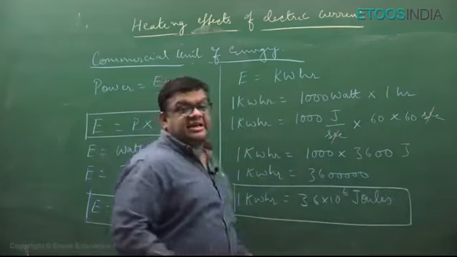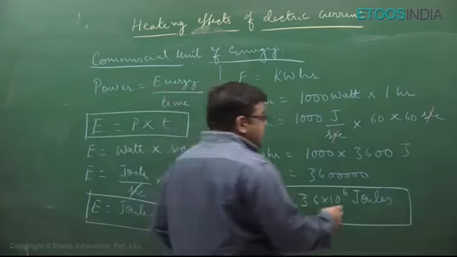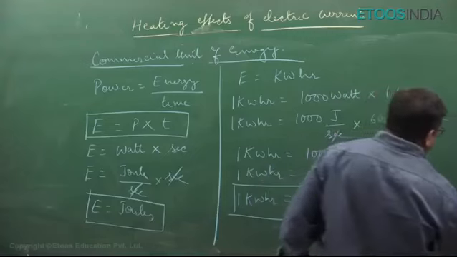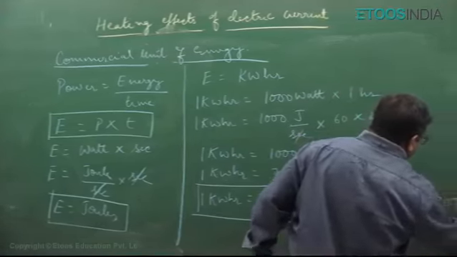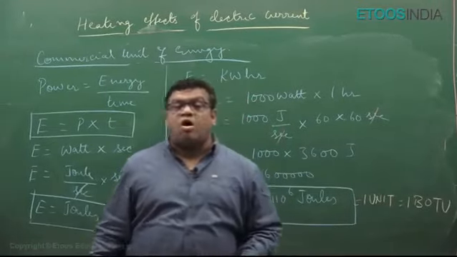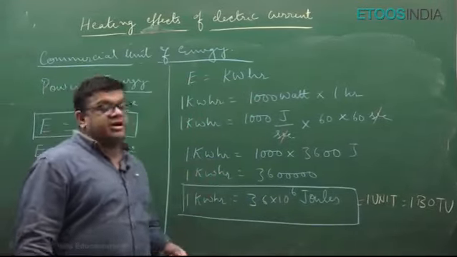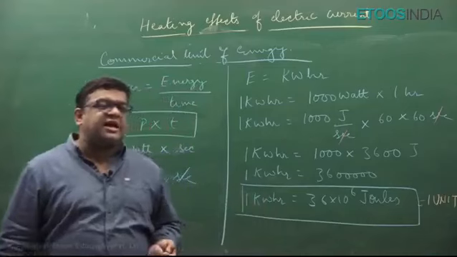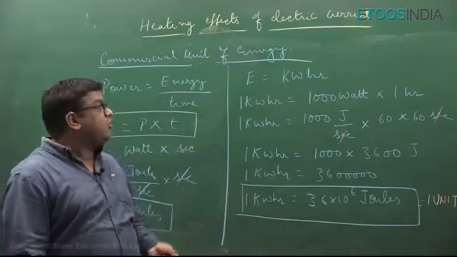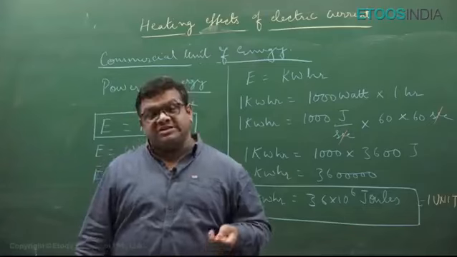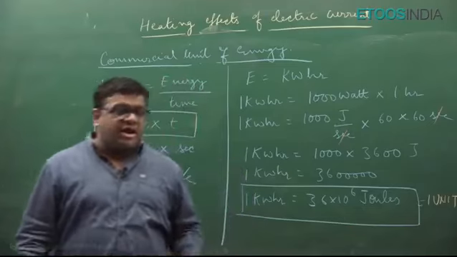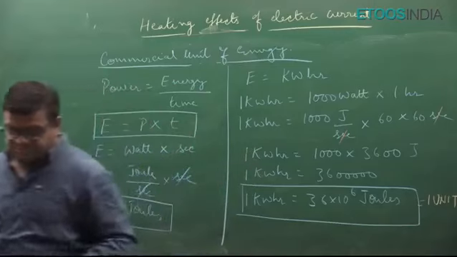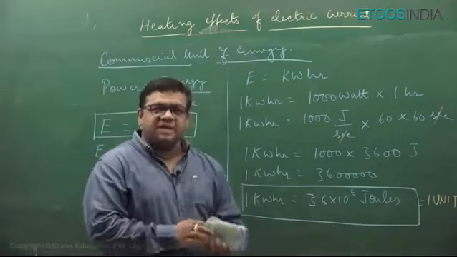Now students, this is the commercial unit of energy. It's written like this also, 1 unit or 1 BOT unit. What is BOT unit? It is Board of Trade Unit. So it is this unit in which we get our electric bills. Got it? In further classes, I'll be telling you about the numericals, how to calculate the monthly electric bill by using certain appliances. Got it? For today, I'll be doing 3 more questions just to make you understand these topics. Please note it down here. So, let's start with the questions now.